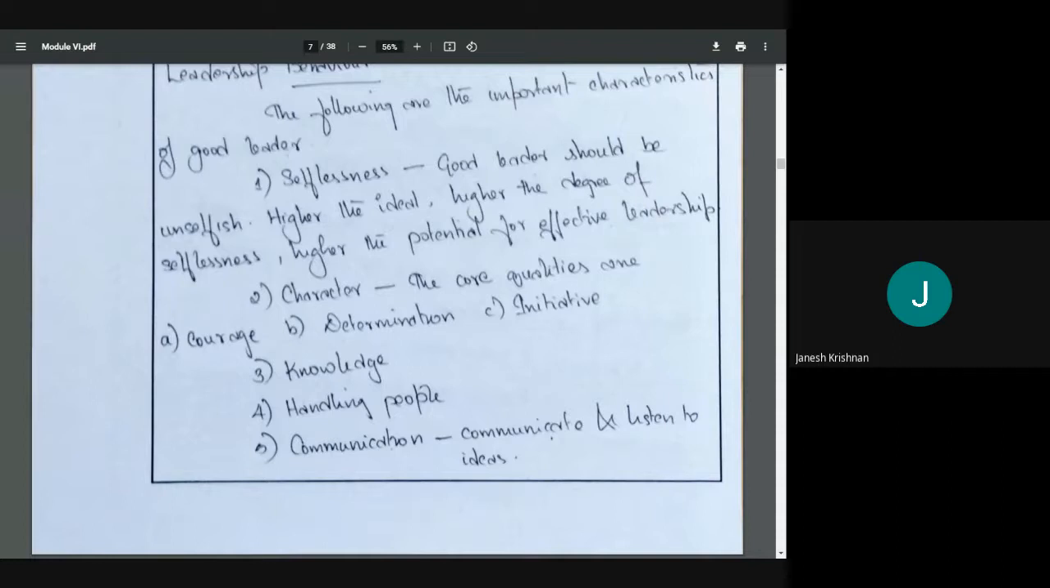If he's having good ideals, he's having good morale. Okay, if his morale is high, his selflessness will be higher, and he will be a better leader. So a leader should be selfless. If he is thinking of himself, then